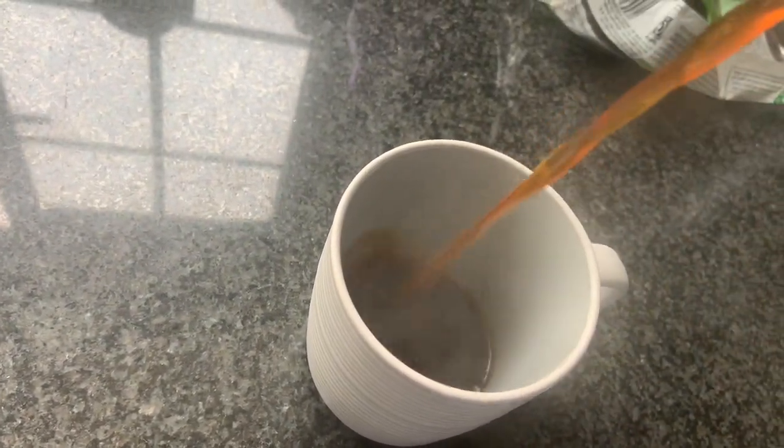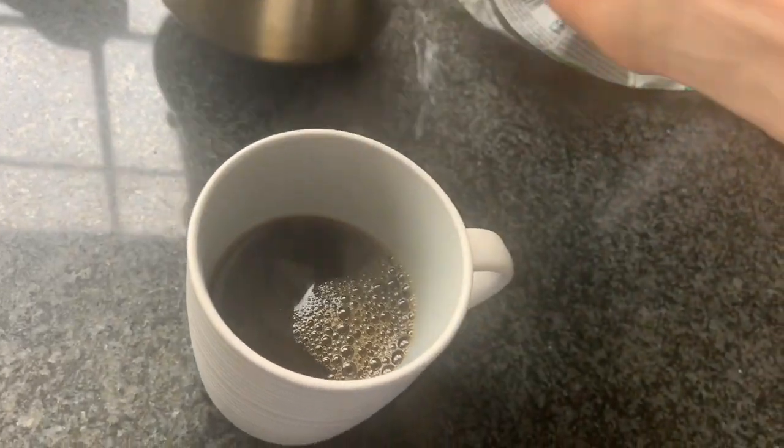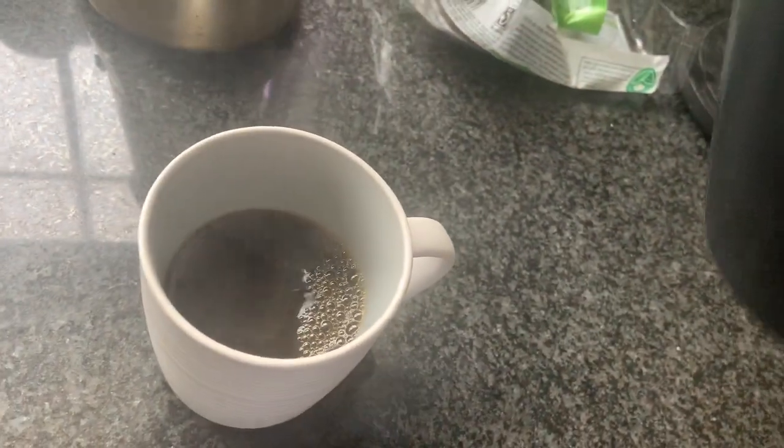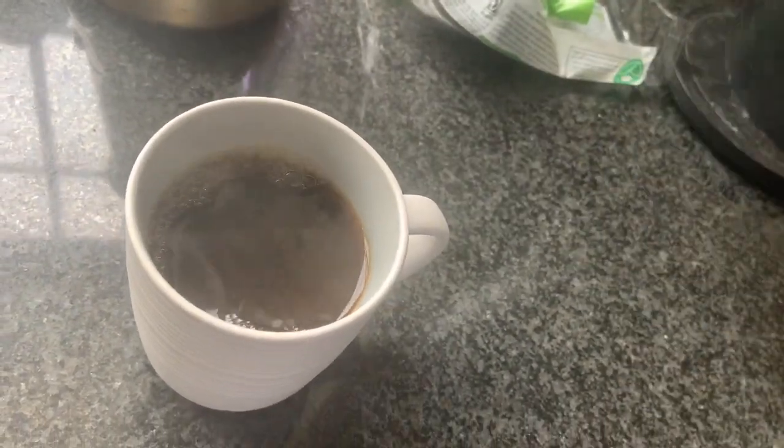As you can see in this video as well, I use some flavor drops. This is basically an alternative to sugar, so you can add a bit of taste and sweetness to your coffee without the extra calories that comes with sugar. But of course, if you don't have any flavor drops handy, you can just drink black coffee. After your coffee, that should suppress your hunger till about 12 or 1 o'clock when you're going to have your